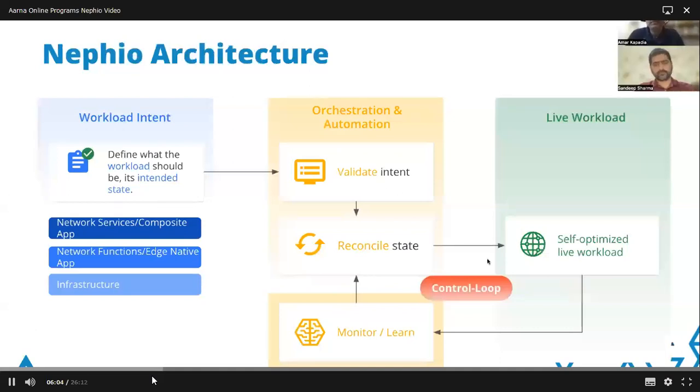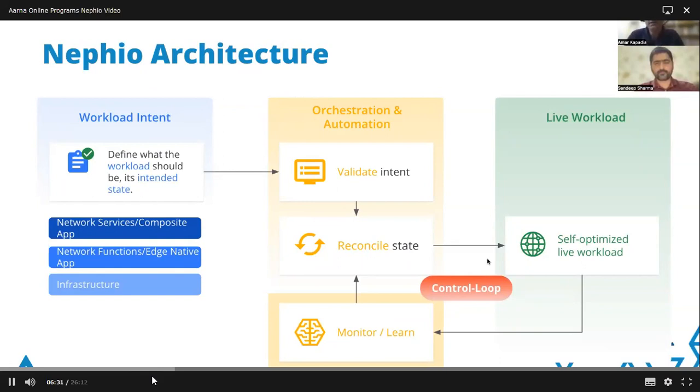The Nephio architecture at a very, very high level is as follows. You first state your intent. Everything is declarative and intent driven. So the intent explains to Nephio what the infrastructure requirements are, what the network function or edge-native application requirements are, and on top of that, the network service composite application.